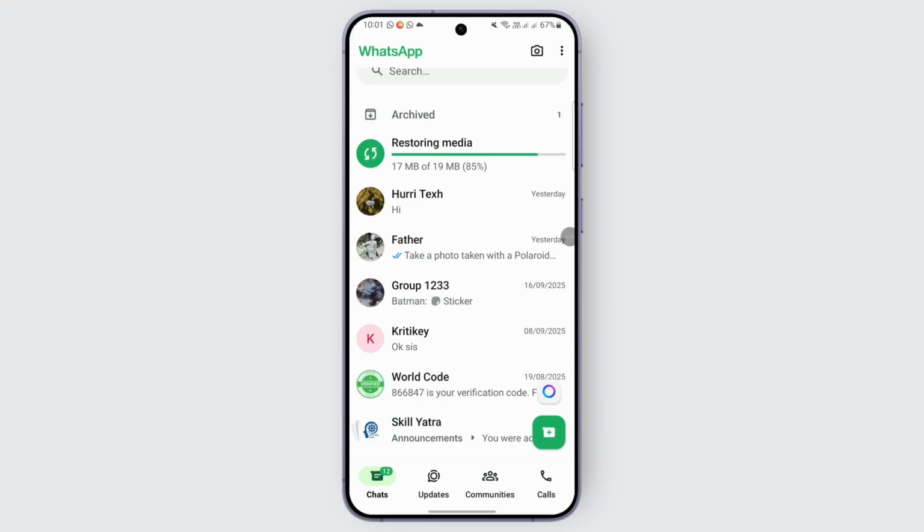And then from here, you can navigate to the specific chat where the message was deleted and scroll through the conversation to find or reply or quoted message that contains